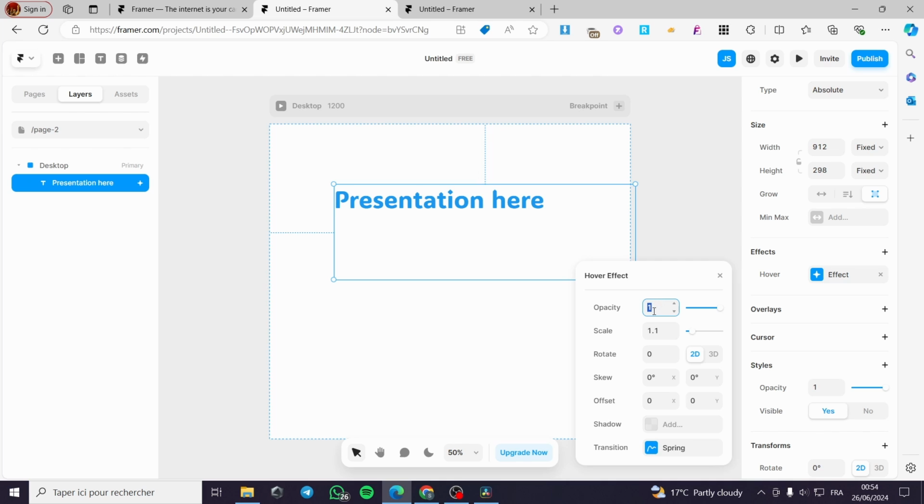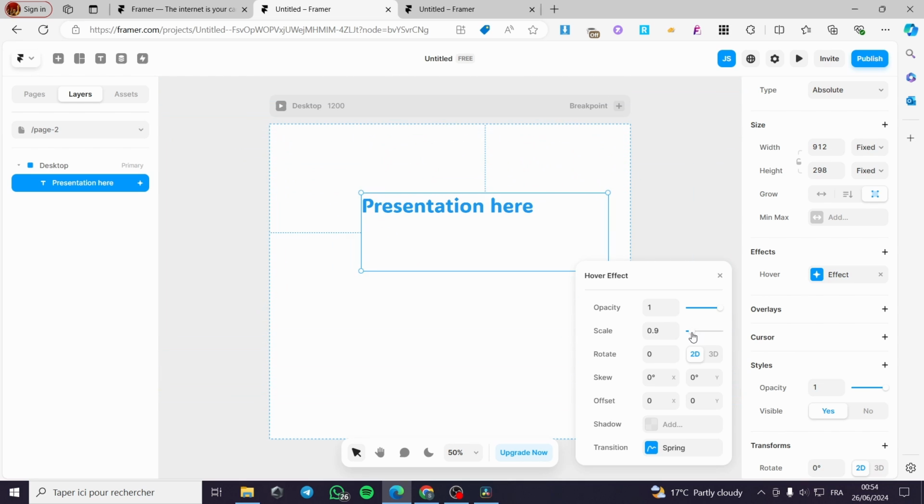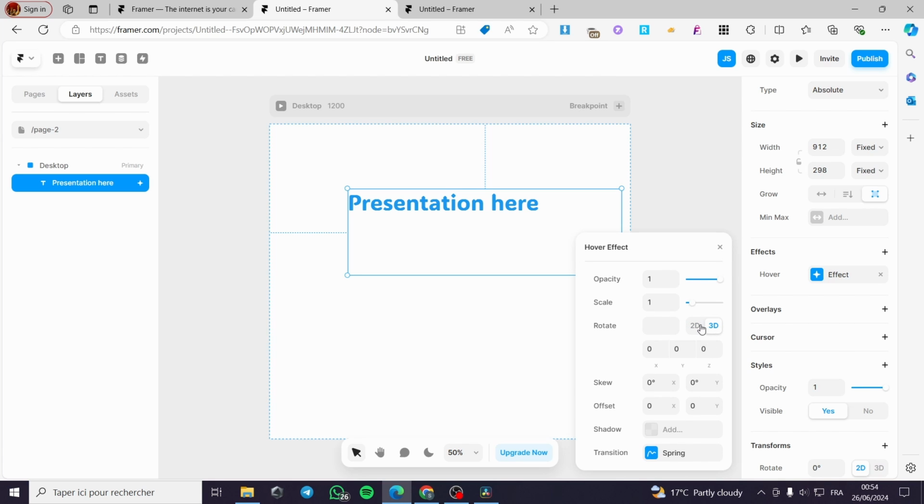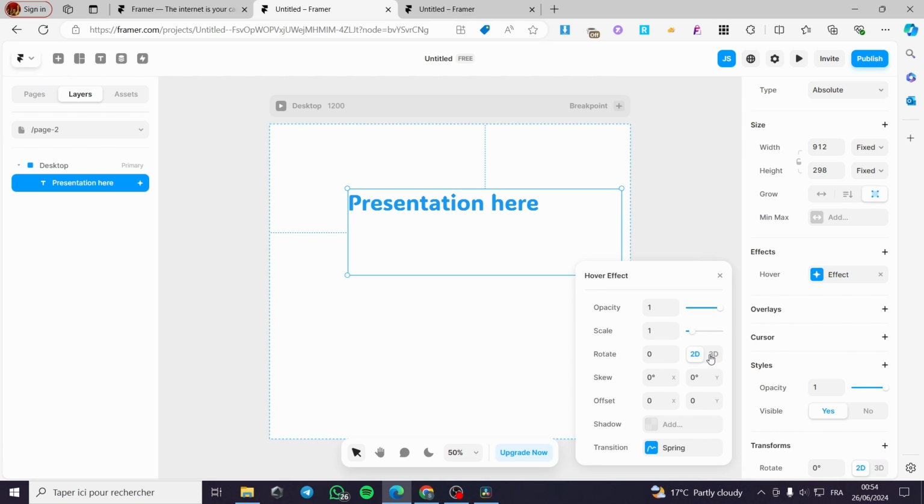For hover, we have here the opacity. You can augment the opacity of the text, and here we have the scale. You can go ahead and put the scale of the text like that. I'm going to let it standard 1. We have the rotation. You can also make it 3D for the rotation, or let it 2D. Here I'm going to put it 2D, and here we have the offset, the skew, the rotation and the shadow,